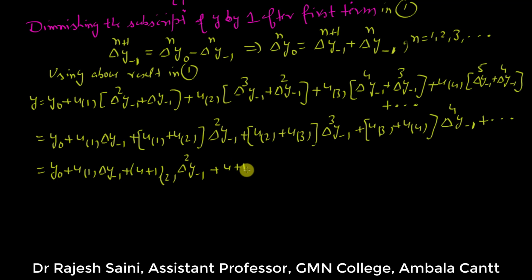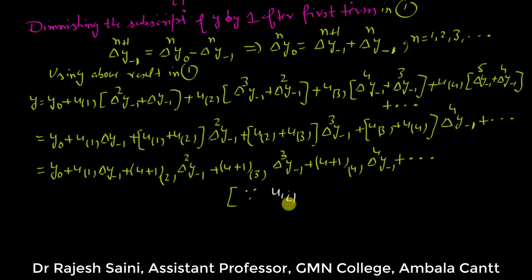So I don't need to prove it again because we had done it in the previous article, that is in the proof of Gauss forward interpolation formula. This will be (u+1)_3 δ³y_{-1} + (u+1)_4 δ⁴y_{-1} and so on. And you could also mention the result